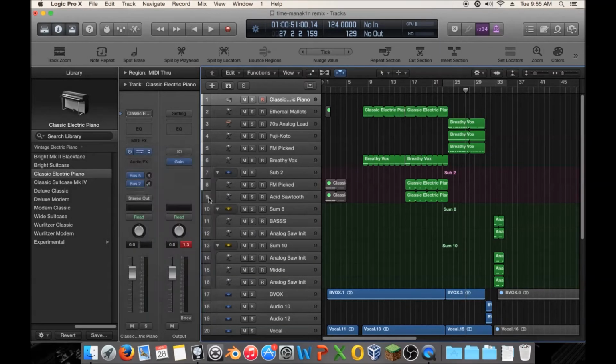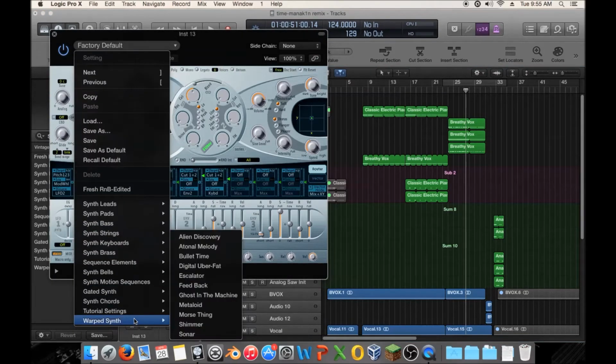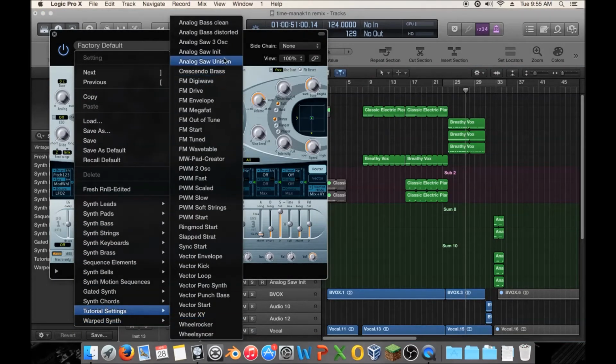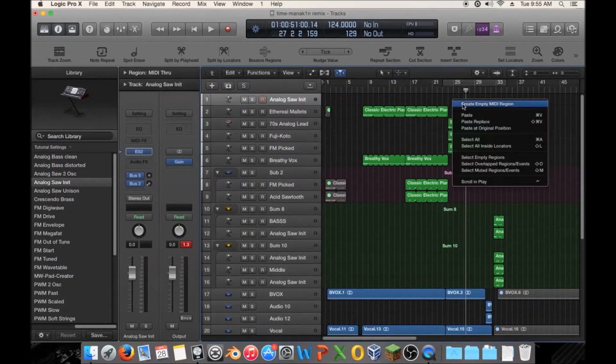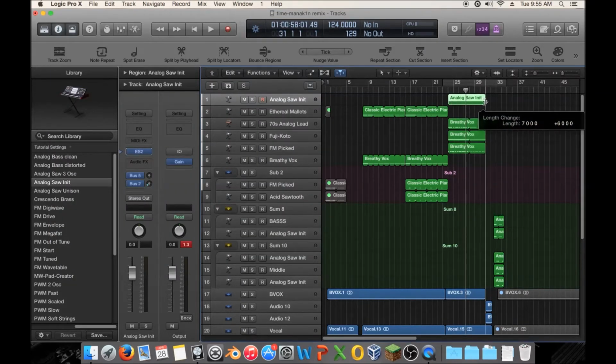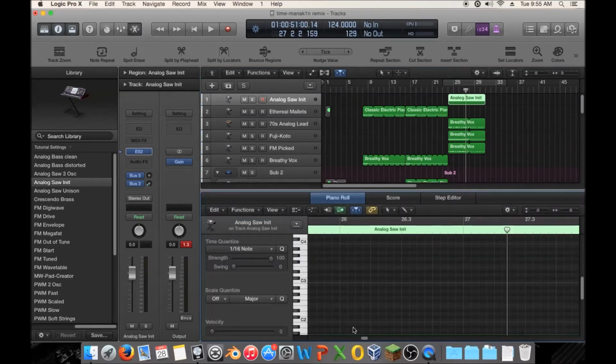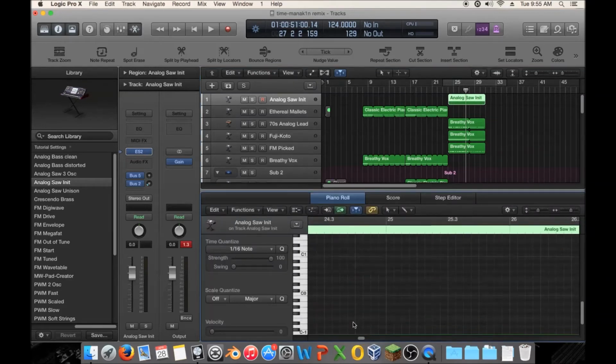I'm just gonna pop on ES2 here, go to tutorial settings, analog, initialize, because I know how to make this from scratch. I don't know if there are any presets for it. Create an empty MIDI region. Now the way we have to do this is we have to make a note that's so freaking long it's crazy. So we just drop a note there